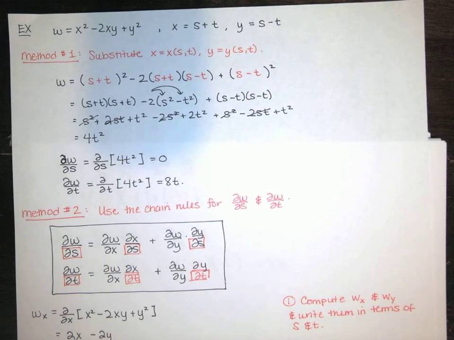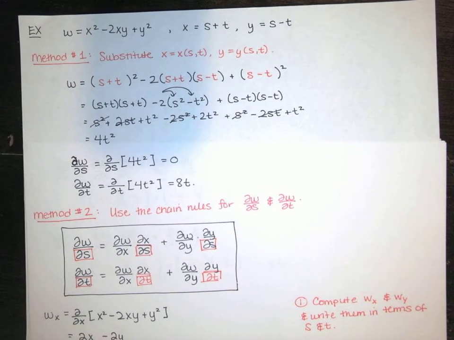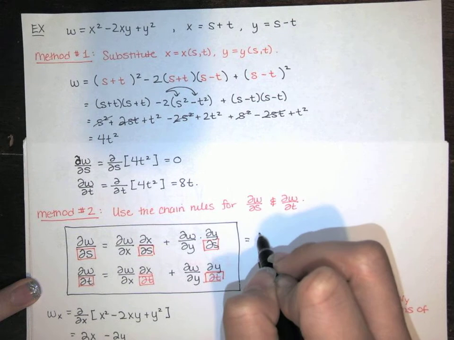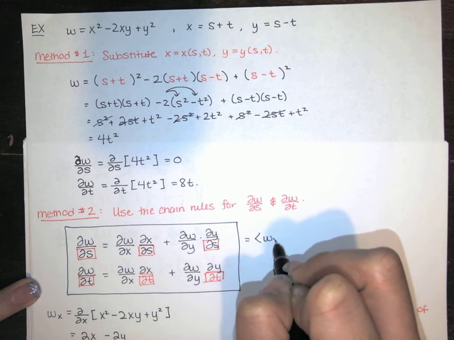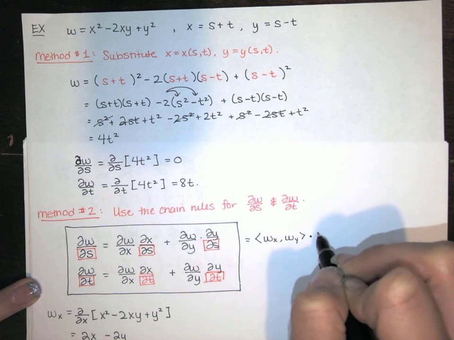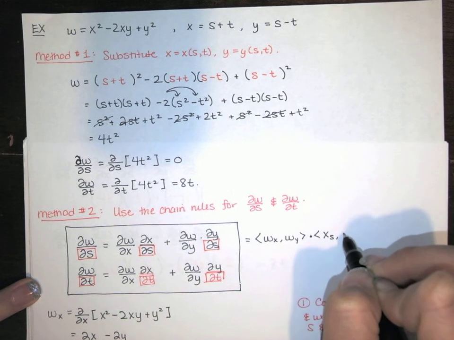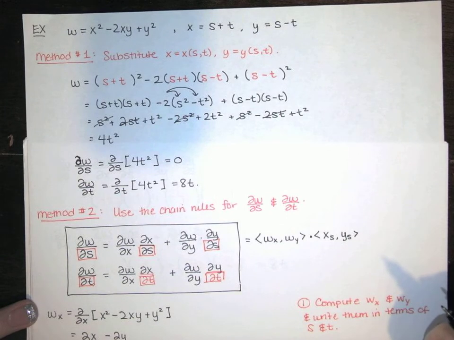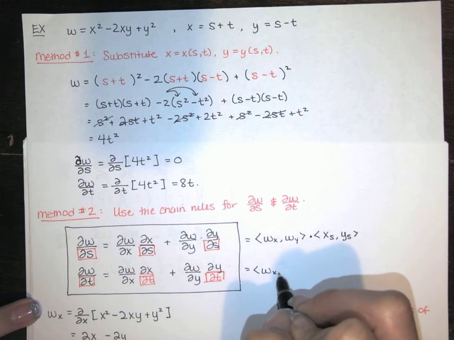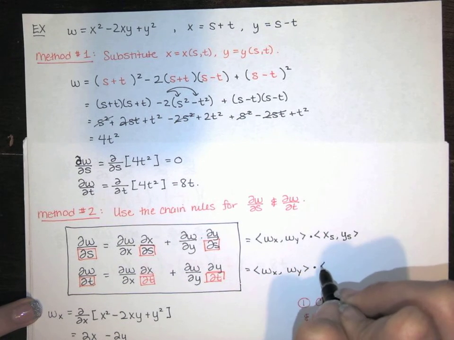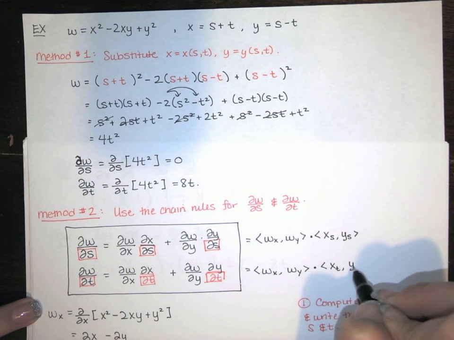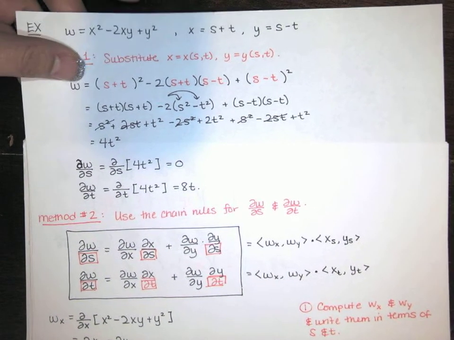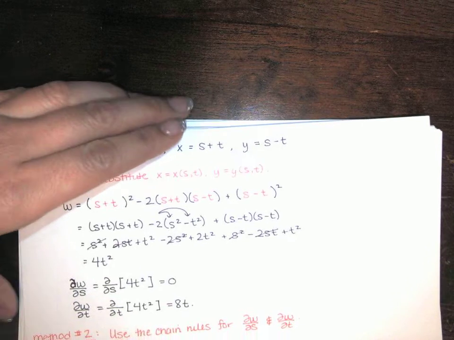Okay, so you might say, all right, well that's fine. I always give you a shorthand way of saying the same thing, right? Well, this is the gradient of w dotted with the partial of x with respect to s and the partial of y with respect to s. And this is the gradient of w dotted with the partial of x with respect to t and the partial of y with respect to t. You're like, what is that? Well, we haven't really talked about these yet, but we can come up with